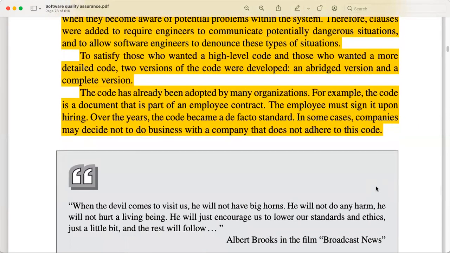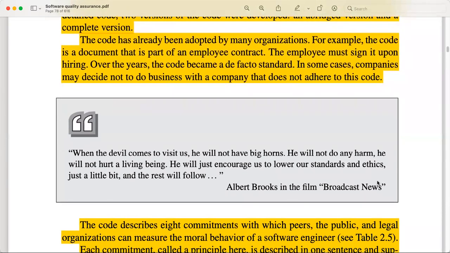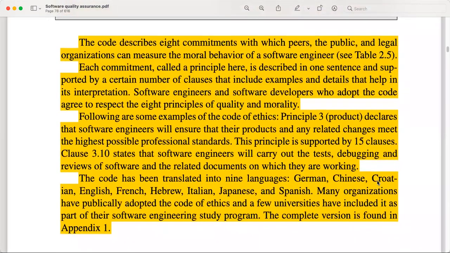The code has already been adopted by many organizations. The code is a document that is part of an employee contract. The employee must sign it upon hiring. Over the years, the code became a de facto standard. In some cases, companies may decide not to do business with a company that does not adhere to this code. The code describes 8 commitments with which peers, public, and legal organizations can measure the moral behavior of a software engineer,